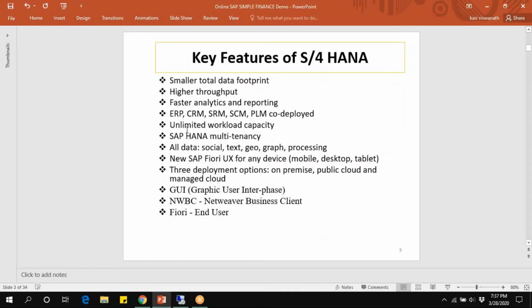And along with that, unlimited workload capacity, HANA multi-tenancy, all data like social, text, geographic processing.